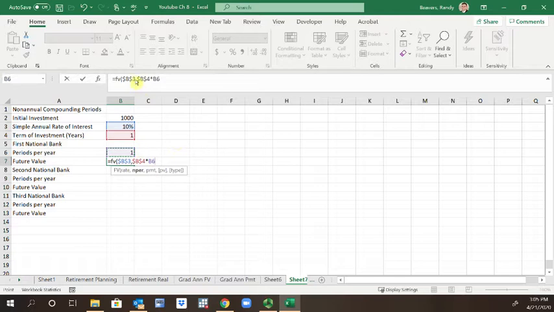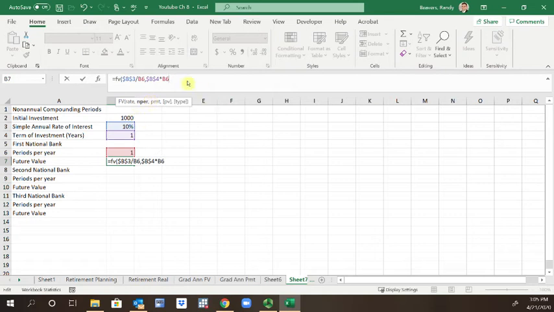And also, let me go back to the rate function very quickly. I'm going to divide that by the number of periods per year, which in this case I know is 1, but you'll see why we do that here in just a second. So note, you're going to divide the interest rate by number of periods and multiply the number of periods by however many years you've got, how many times you're breaking up that year. This will help us get everything into a periodic because compounding is going to happen more often instead of just